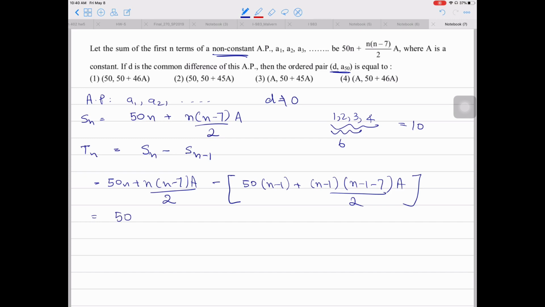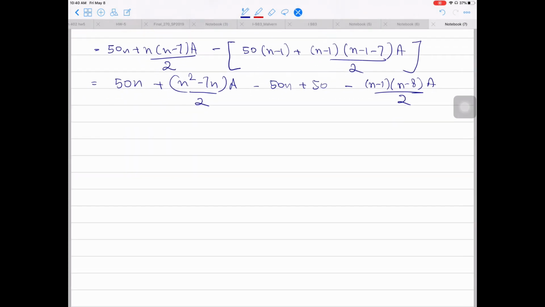Solving this expression, we get 50n plus n squared minus 7n times a over 2 minus 50n plus 50 minus n minus 1 times n minus 8 times a over 2, which gives us, so plus 50 and minus 50 go away, we are left with this term 50